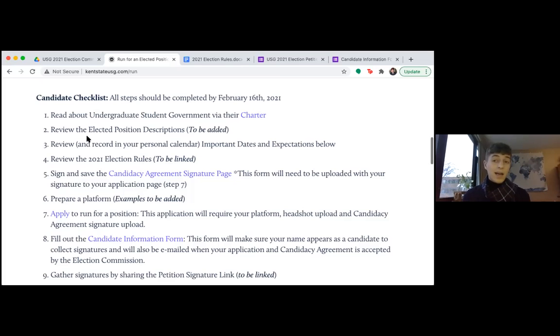You actually cannot campaign until you are officially on the ballot past petitioning. But that makes it pretty easy to collect signatures. You just want someone to think you're qualified enough to get on the ballot. It's not competitive. You can have multiple people petitioning for the same position, and then you'll eventually run against each other. So that is the short overview of that process before I go over these steps. First, you're going to want to look at the Undergraduate Student Government Charter. I'll open that for just a second, but we won't spend much time on it.